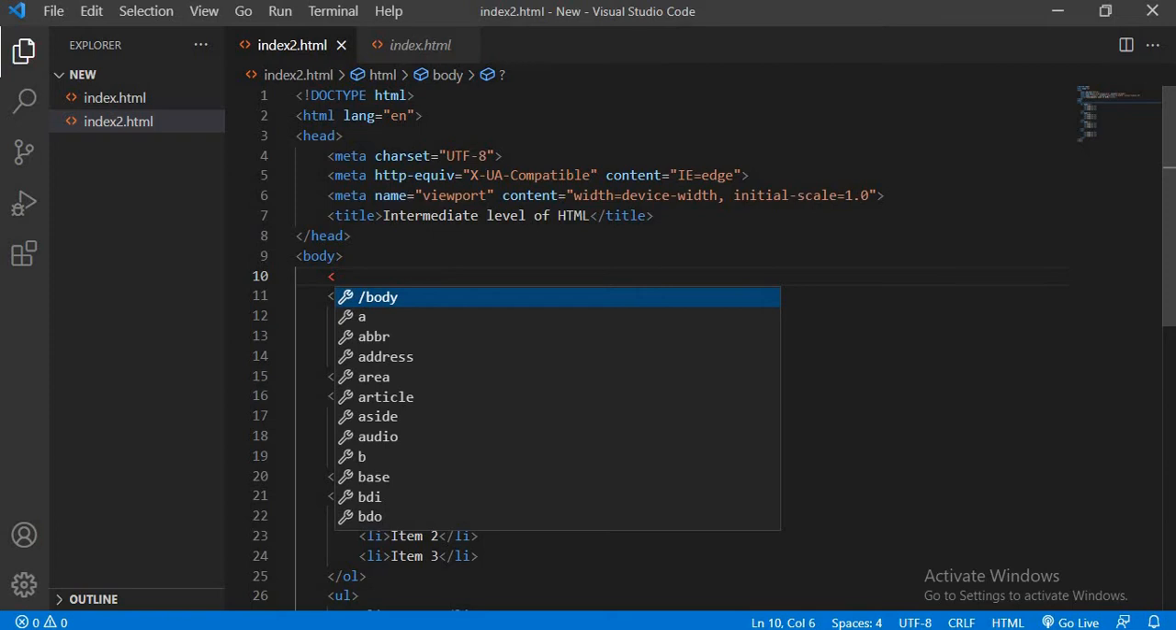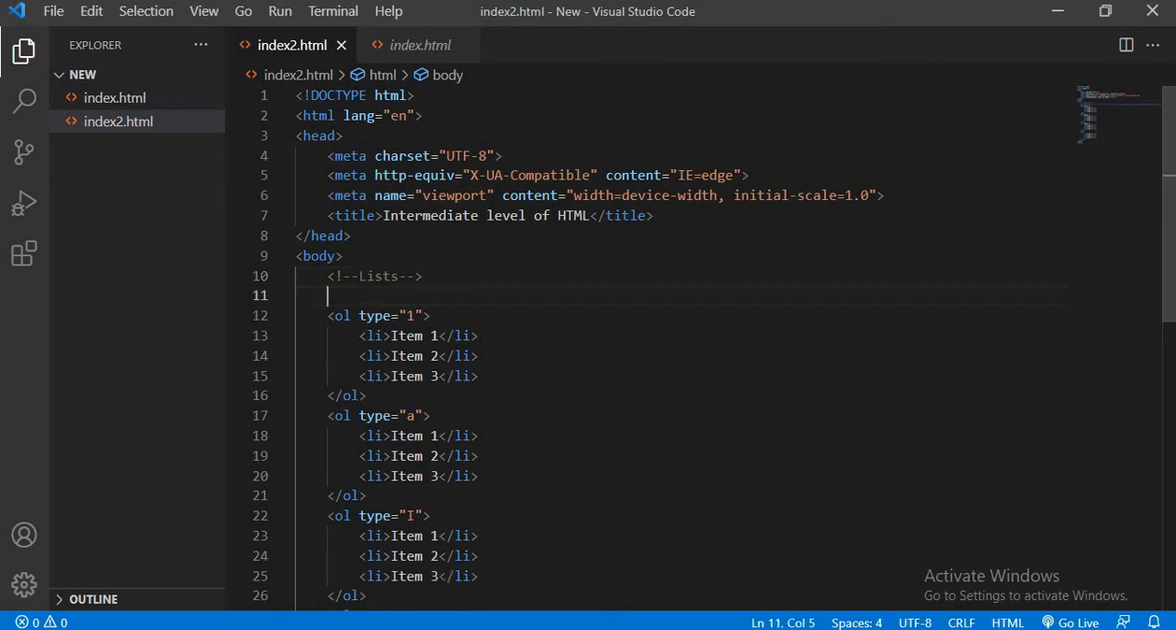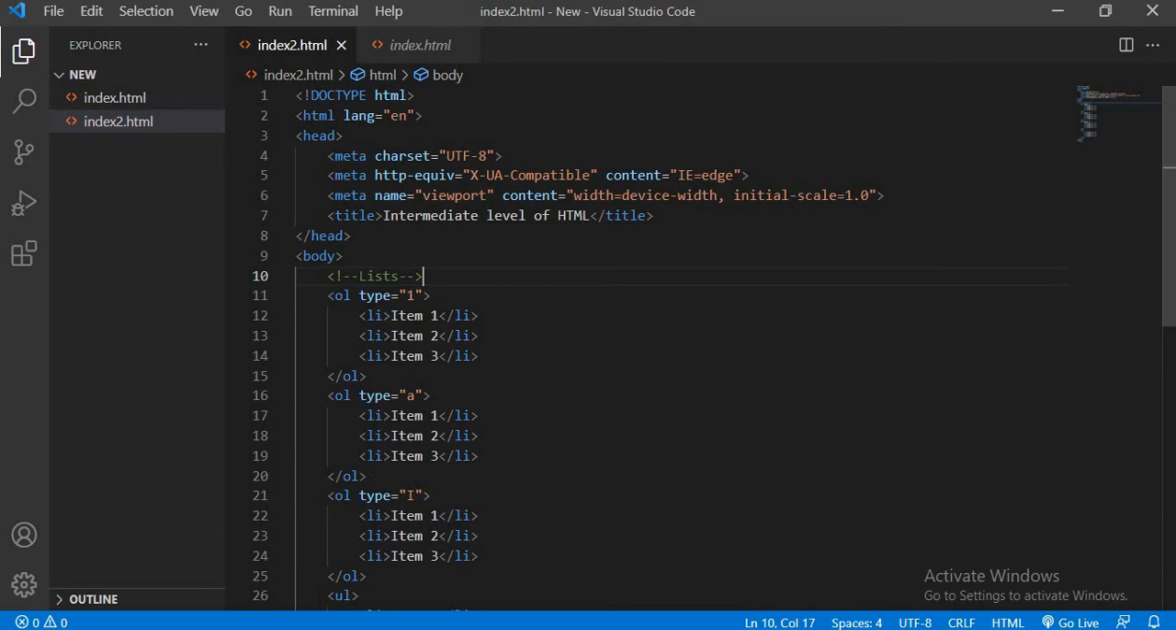Like this, like this, like this. And then you can write list. Okay. Or else you can write ordered list. Okay. And then you can copy this ordered list